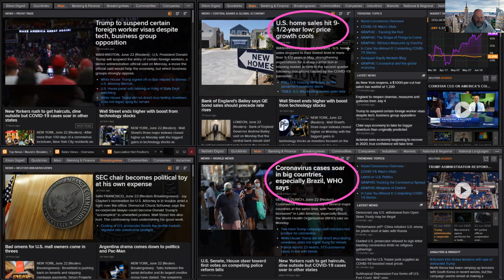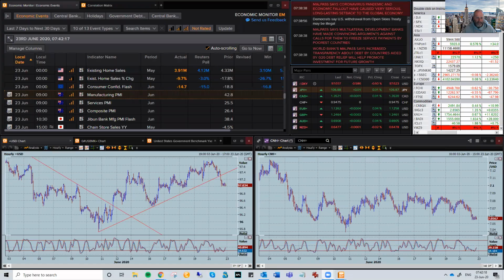So the US dollar safe haven trade is not clear cut because it's not the whole globe that is impacted at the moment, right? It's going to be US based. It's going to impact the US economy. And that's where I think we're going to see a fundamental shift from the US dollar rallying on a safe haven to now the US dollar falling because it's going to get left behind by everything else.